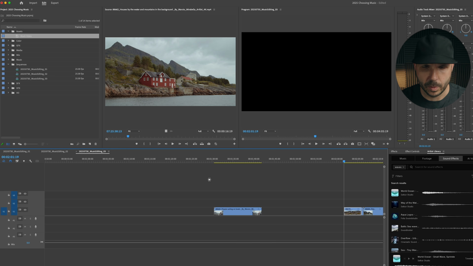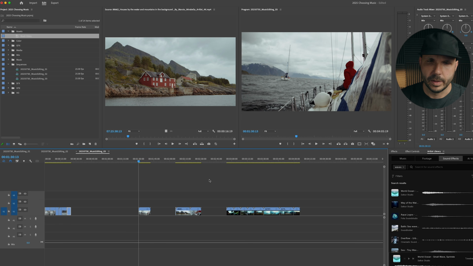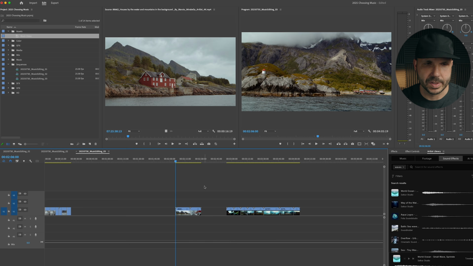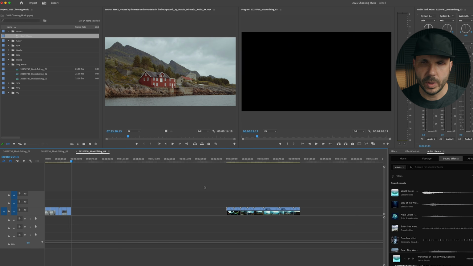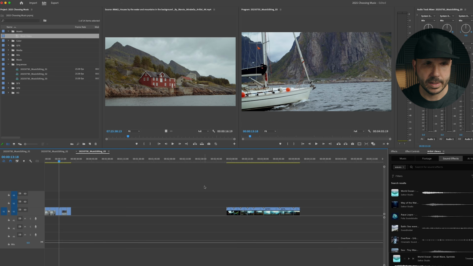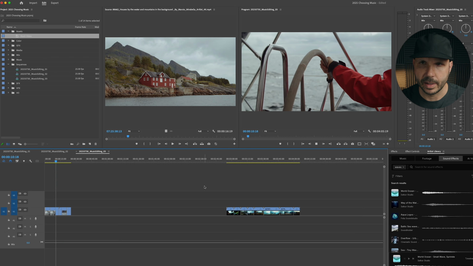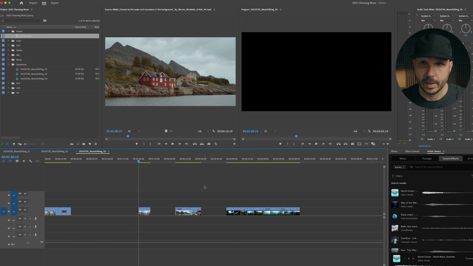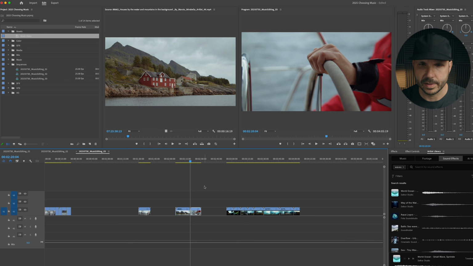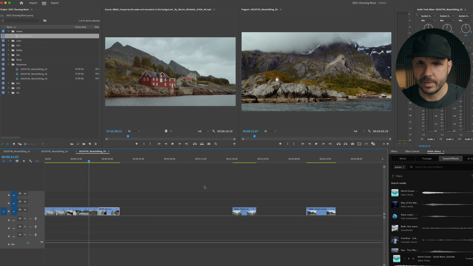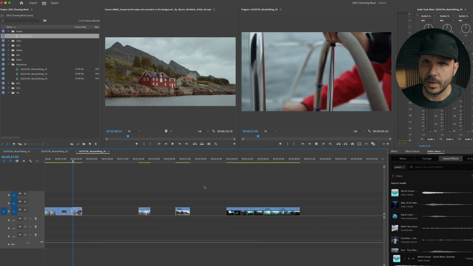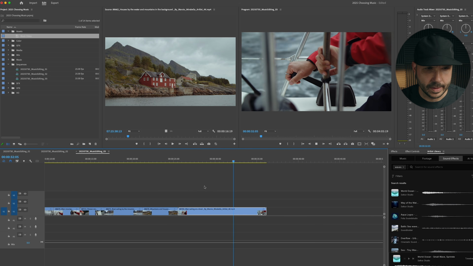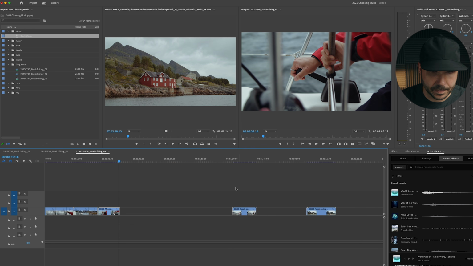Okay, so I can get rid of that. Let's see what happens. So we're going from this shot and then we're transitioning to what? Well, I know we had an idea to go from hands to hands, so I'm actually going to undo some of that. And maybe I will go back to the hands here. I'm just curious. So we kind of arrive. Okay. Yeah, I'm going to abandon that idea